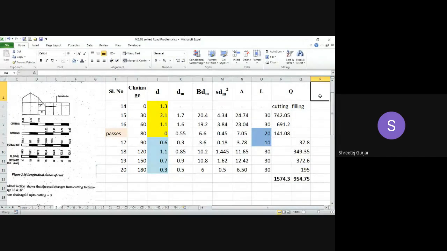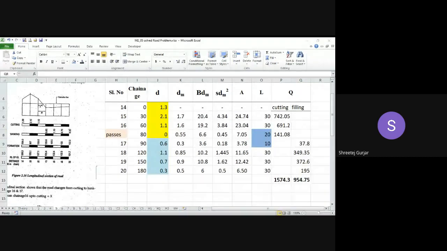Okay, the main thing that you need to remember here is cutting and filling will come differently. This thing, if you mark and keep, you will not go wrong in your further steps. Cutting and then filling. Similarly, S will be different for cutting and different for filling. And one more crucial step is this. Do not write 30 everywhere and calculate. You will go wrong. Your quantity may be similar, but it will not be accurate. So separately for cutting, separately for filling. So is this clear, guys?